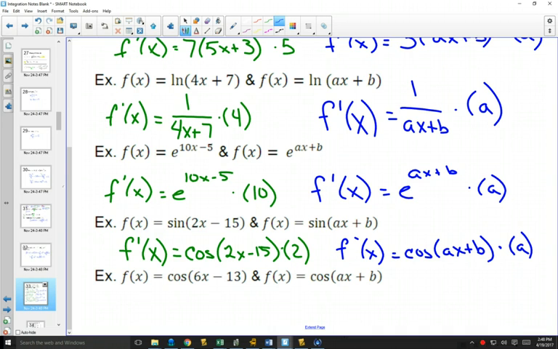And this is the idea behind doing all of these, is to say, well, this is how mathematicians notice things, develop a pattern, and then come up with a rule or an explanation for how to do things that look similar. And the thing that's similar in each of these is that ax plus b, some sort of line, right? mx plus b, ax plus b. Same thing with this last one. F prime of x, the derivative of cos is negative sine 6x minus 13, chain rule, so you'd multiply by 6. And the more general one,